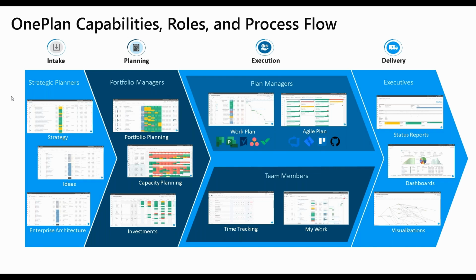strategy, in terms of objectives and key results, will generate ideas or generate initiatives, projects that allow you to reach a specific objective and key result. So from the strategy area, you can generate projects directly that will be evaluated for selection and prioritization. The ideation area, or the ideas area, allows everyone in the organization to submit